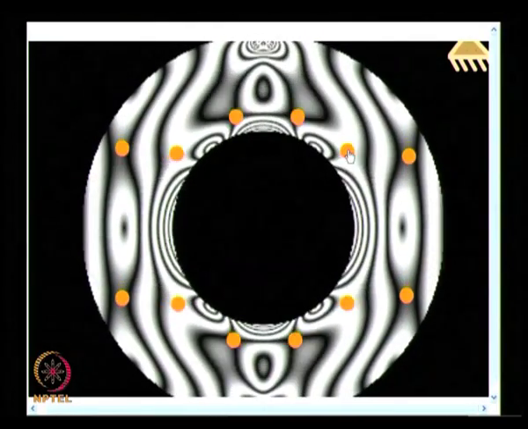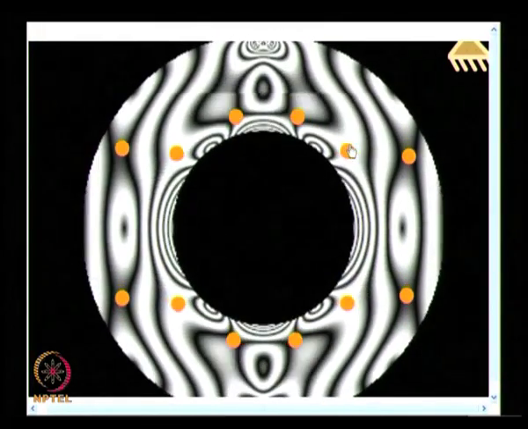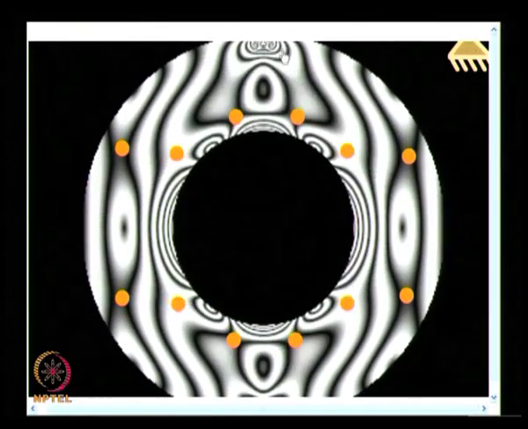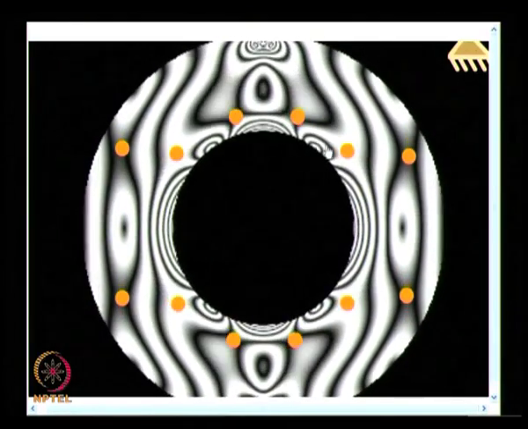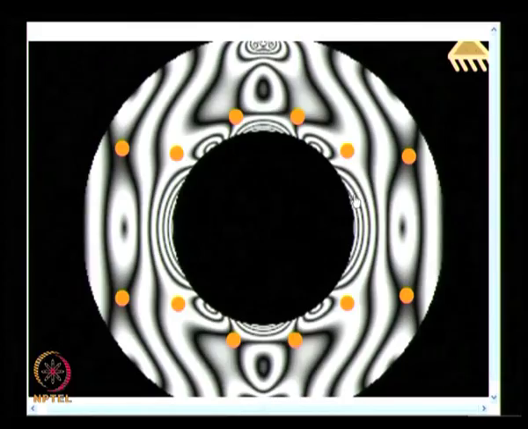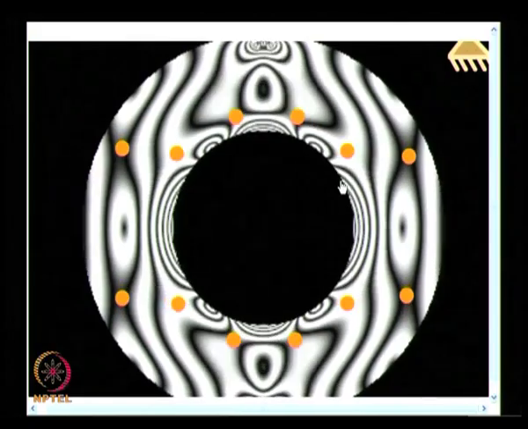I have another feature here, saddle point is located, and this is a source, and this is also like a source. If you look at a line like this, fringe is increasing. If you look at a line like this, fringe is increasing, and if you look at a line like this, fringe is decreasing, and similarly fringe is decreasing in this direction. So, it is like a curve here, it is not like perpendicular lines like what you see in a circular disc. So, you can quickly appreciate that wherever the fringe appears like two branches, they merge and go, all those points are behaving like a saddle point.